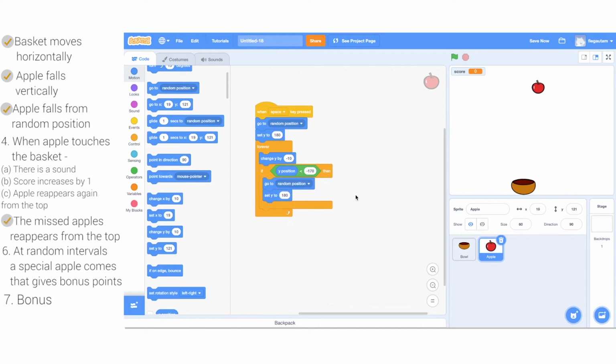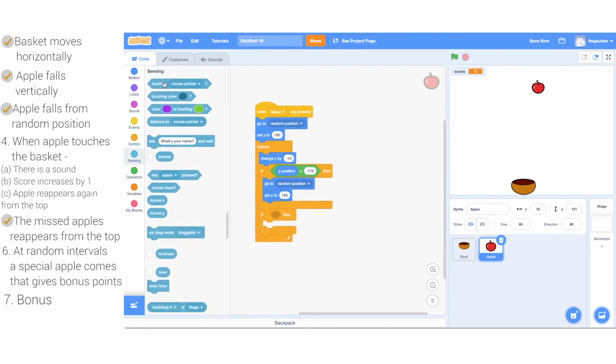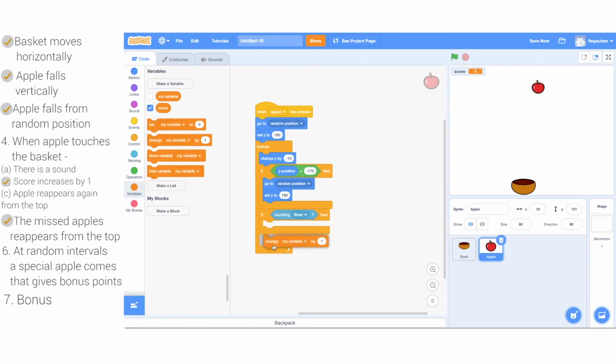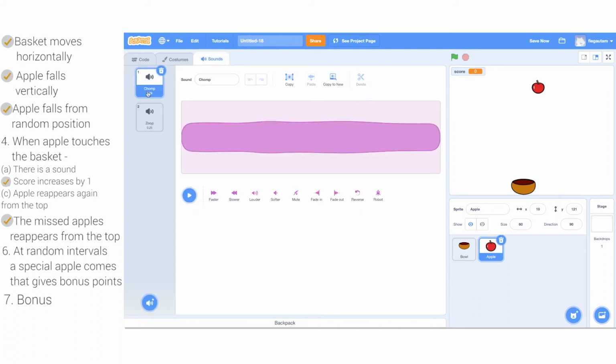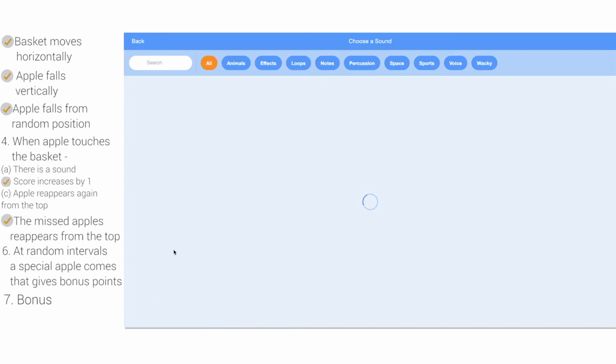Now coming to the second case, if the apple touches the basket, so let's again go and take up an if statement. If the apple touches the basket, which is ball in this case, the score should change by 1. There should be a sound which comes up. So I go to sounds and I have a sound here called zoop, which I can get from here.